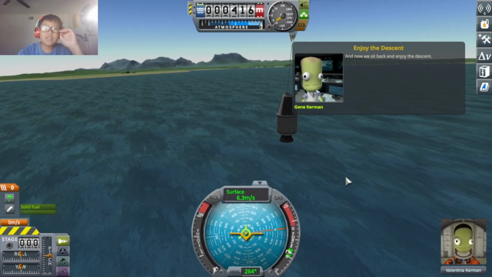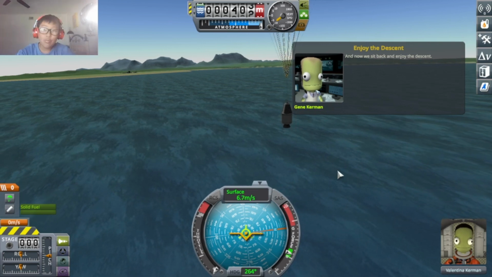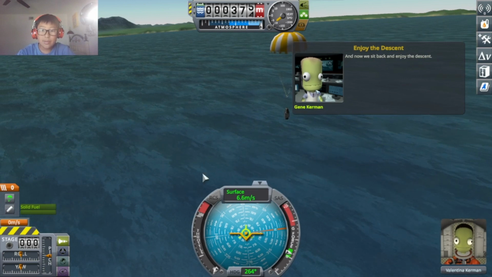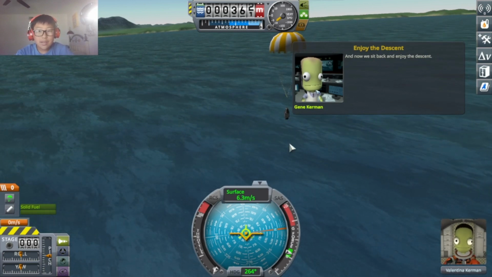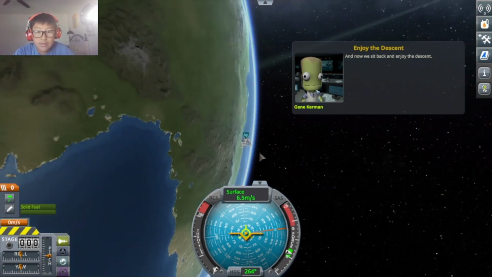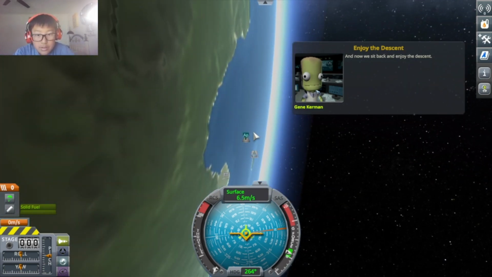So, this part may be a little boring because you're just waiting here for it to splash down. This could probably take like 1 or 2 minutes. So I know this trick. It doesn't allow you to time warp in this tutorial. So